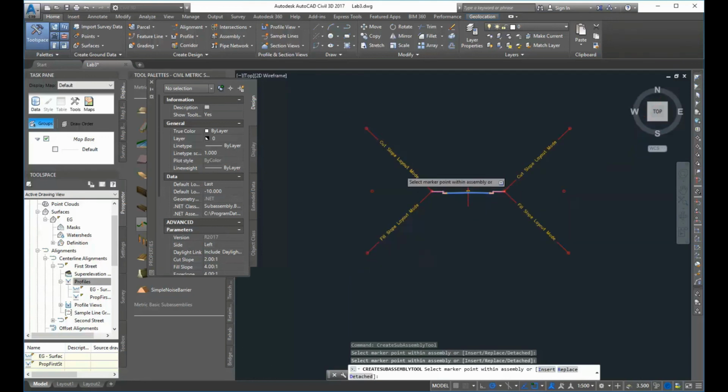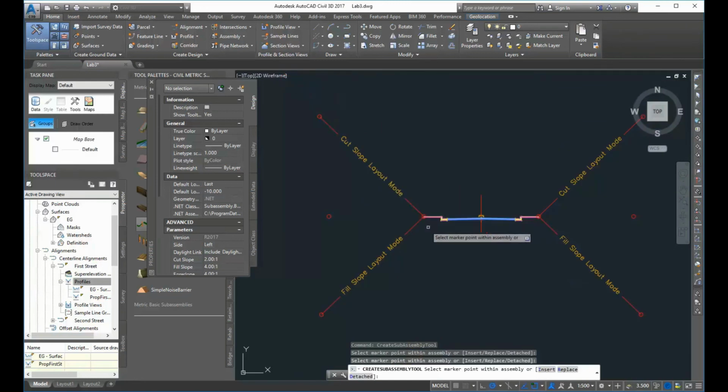match, right? And the same thing if the proposed, the blue line, happens to be below the red line in the profile, it's going to come up and create that cut slope, and it's going to find and intersect with the existing ground, however long it needs to be. And if I look at my properties, I can see that it's going to do a cut